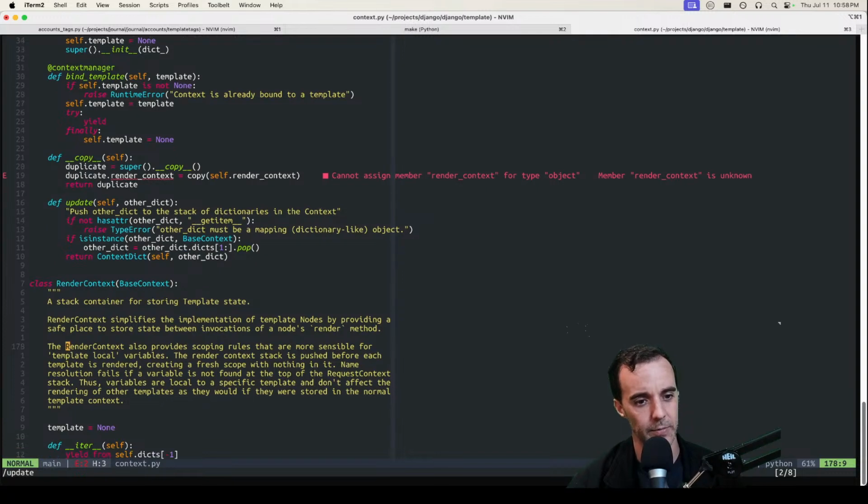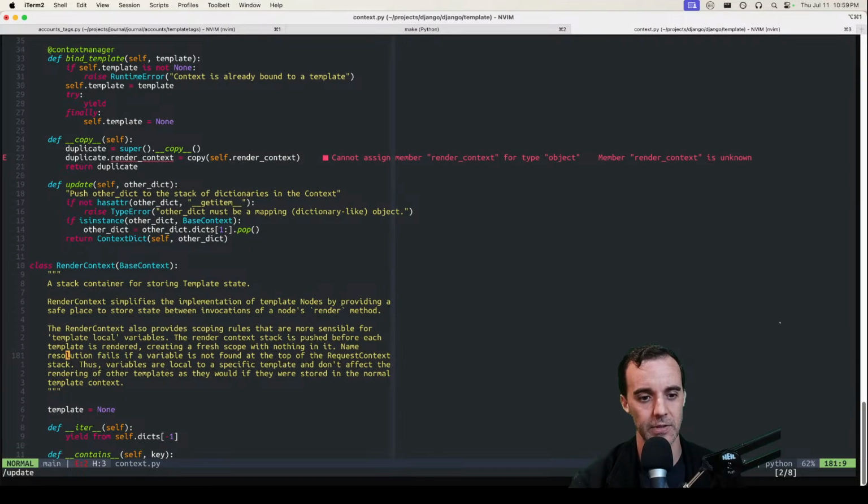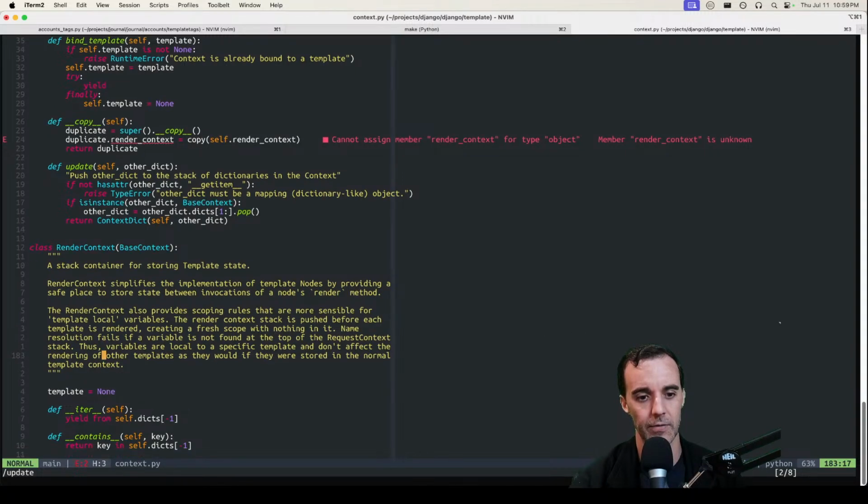All right, let's read the doc string because I'm clearly missing something. Render context simplifies the implementation of template nodes by providing a safe place to store state between invocations of a node's render method. The render context also provides scoping rules that are more sensible for template local variables. The render context stack is pushed before each template is rendered, creating a fresh scope with nothing in it. Name resolution fails if a variable is not found at the top of the render context stack. Thus, variables are local to a specific template and don't affect the rendering of other templates as they would if